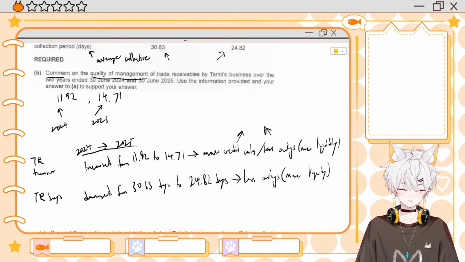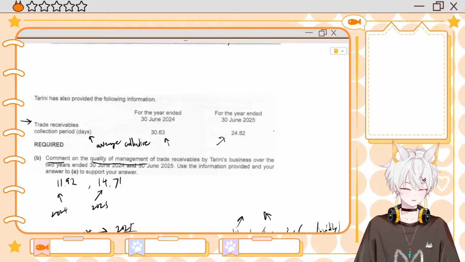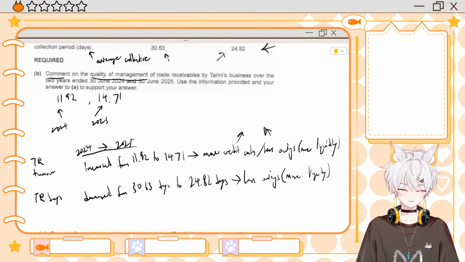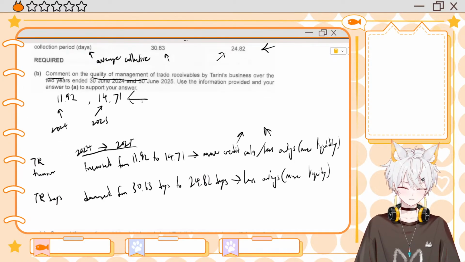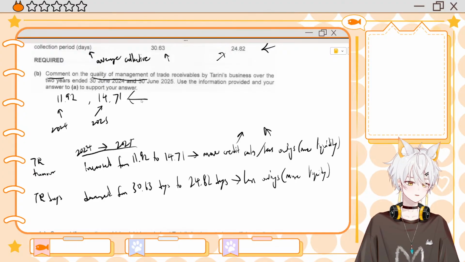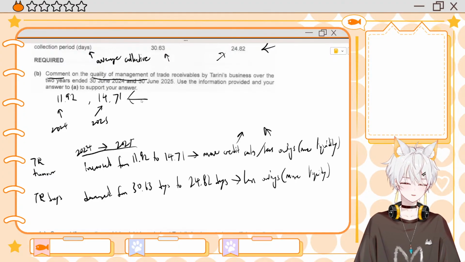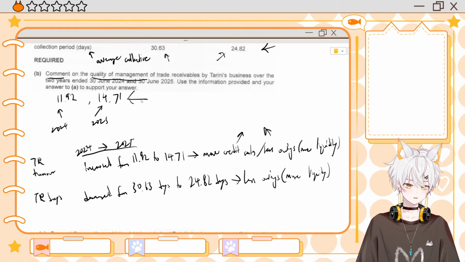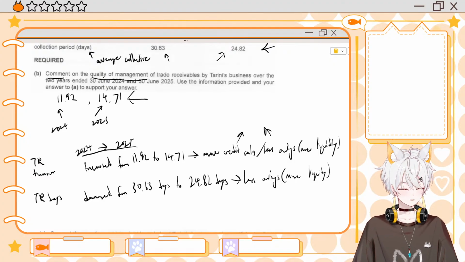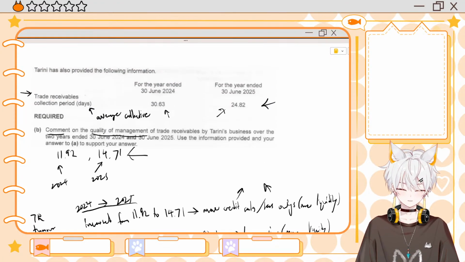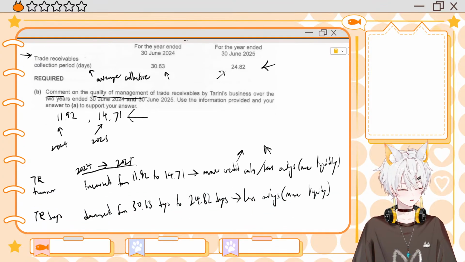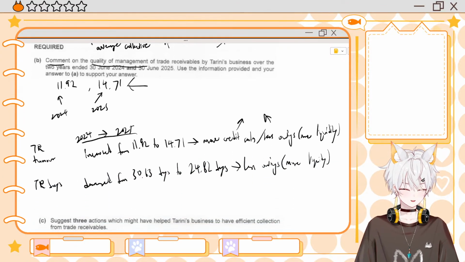Firstly, you see what the data is. So you could just quote the data. Like you can just quote this and you can quote this, right? In your answer. But you need to explain what that means. So the best bet is actually to follow the formula. If you know the formula for trade receivables collection, then you can explain using that formula, right? For me, right now I'm not going to touch on that. I'm just going to say number of days decreased,